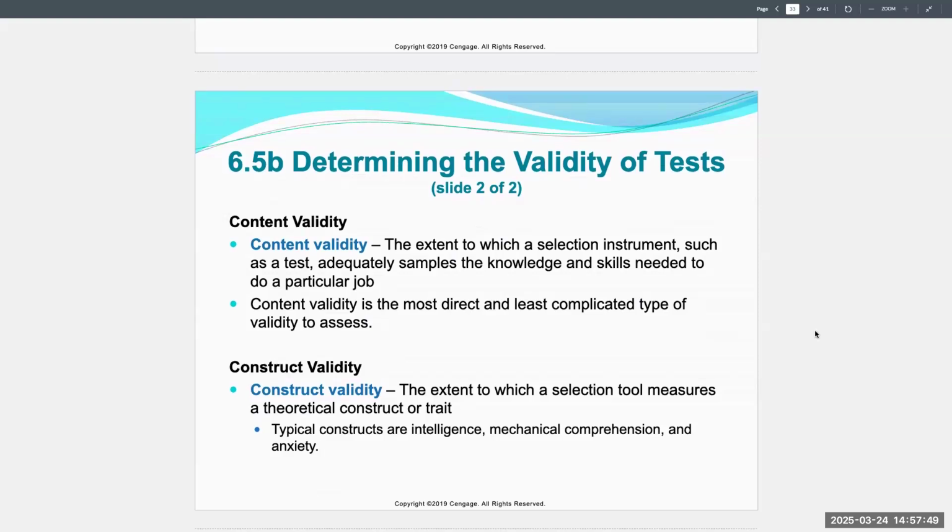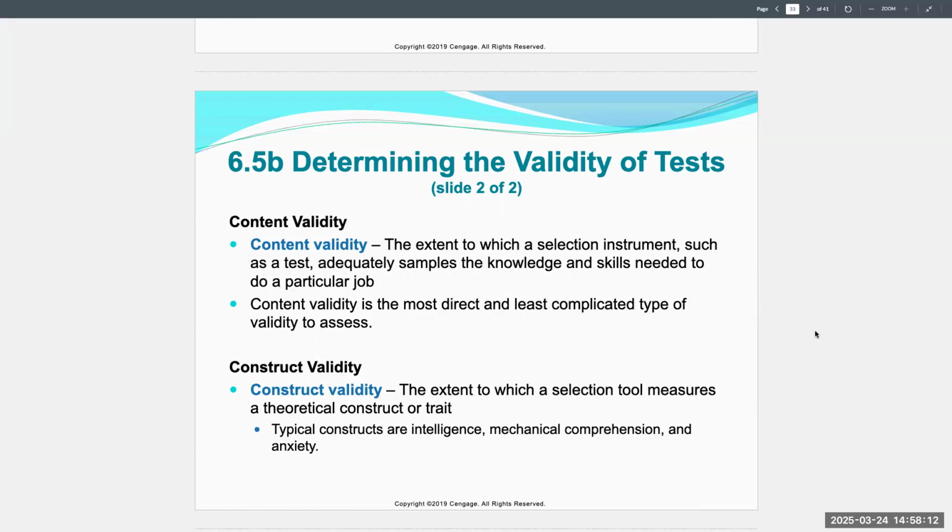Now, on to content and construct validity. These are two other important ways to evaluate a test. Content validity assesses whether the content of the test reflects the knowledge or skills required by the job. So, for example, a typing test for administrative assistants has a strong content validity if typing is a core part